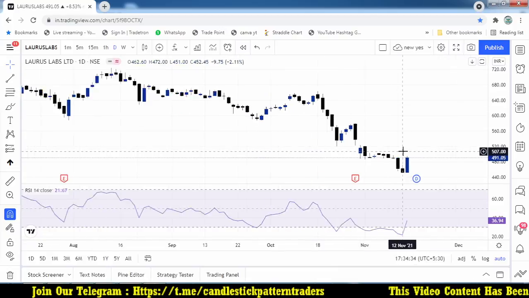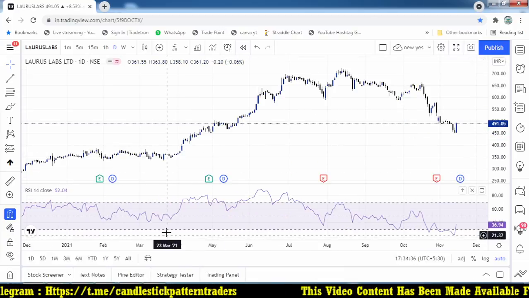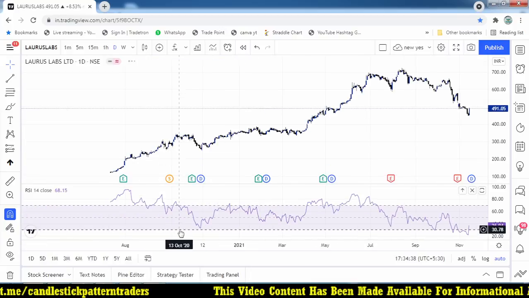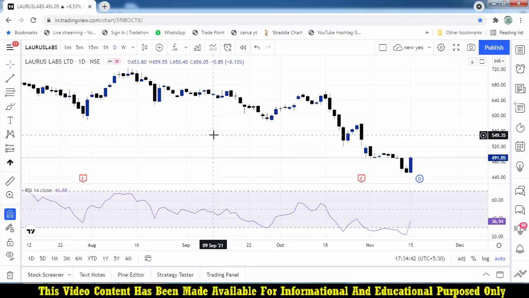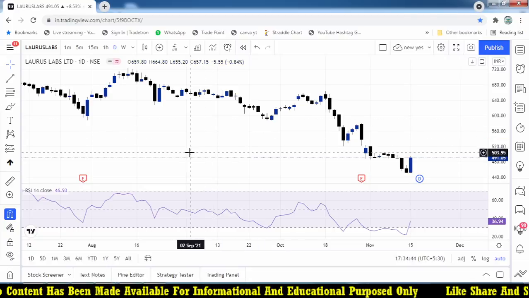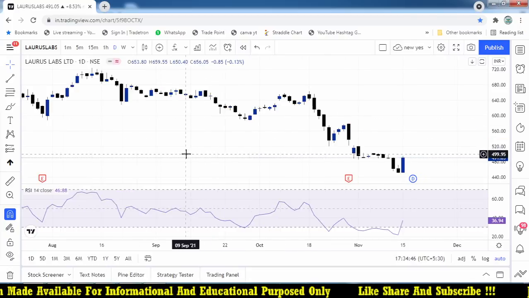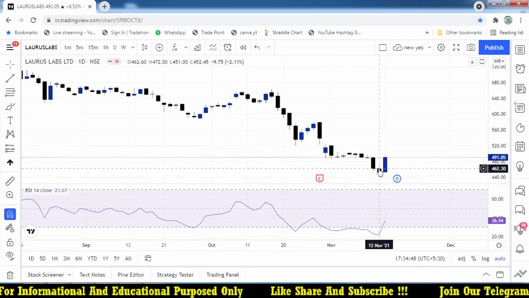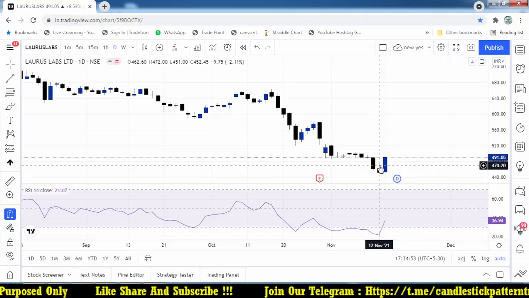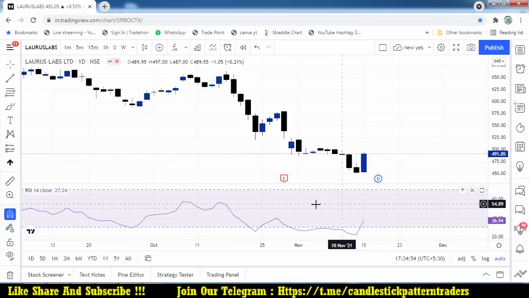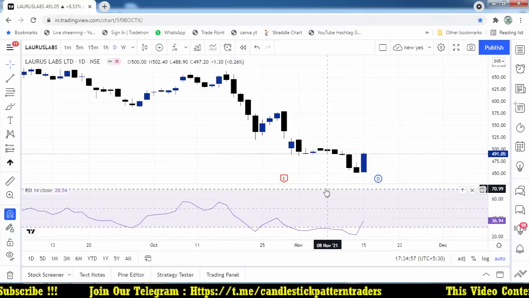So that is what is important. Wherever you can see, previously the market is not coming down below the 30 level. So it keeps on going up. If you want to check any stocks, let's see when this pattern appears, which is very useful when the market is at a bottom. When the market is trading at a very low level, there is a good opportunity to buy at the lowest level. So that may give you such a great opportunity where you can find out.